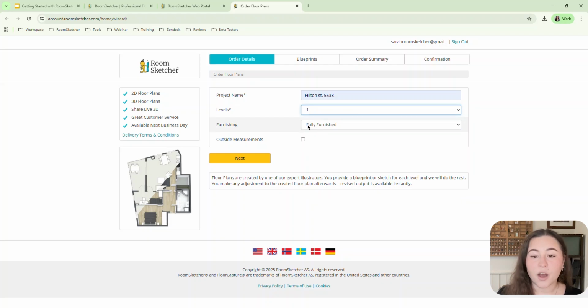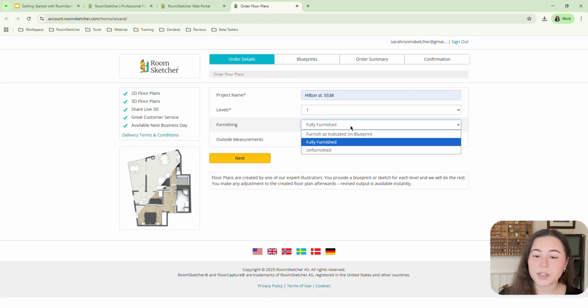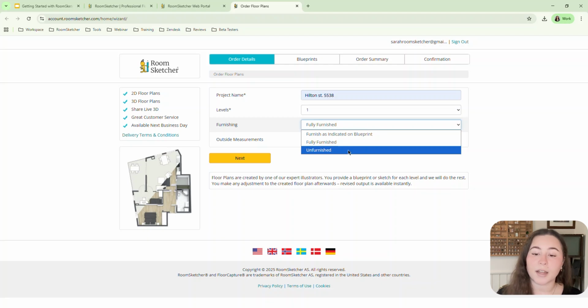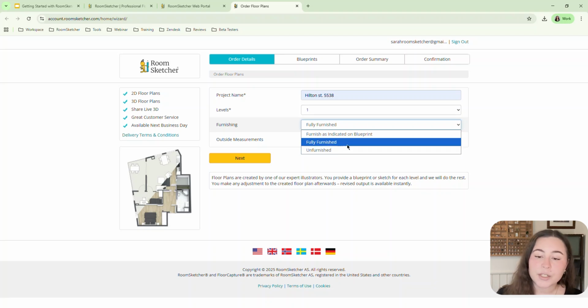Then you need to decide on the furnishing, and we have 3 options. You can choose unfurnished, that means that we're not going to add any furniture to your floor plan. If you have fixed installations on your blueprint, we are going to add that though. And then you have fully furnished, that means that we're going to add room-specific generic furniture to your floor plan. What's important for this to work is that you have indicated room names on your blueprint. So if you have a bedroom, for example, we are going to add a bed, a bedside table, we're gonna